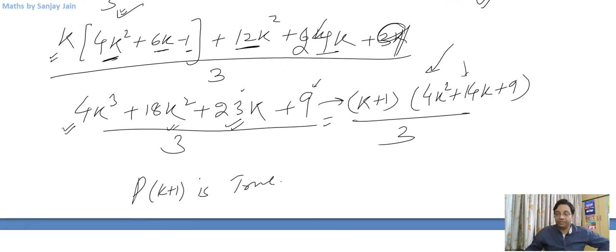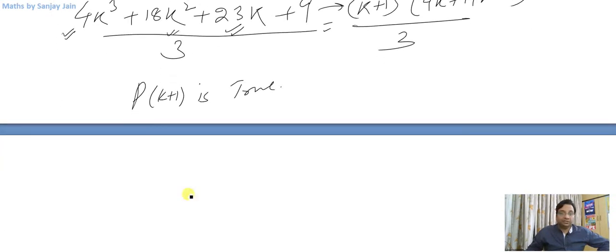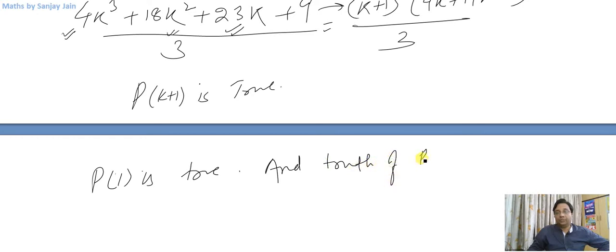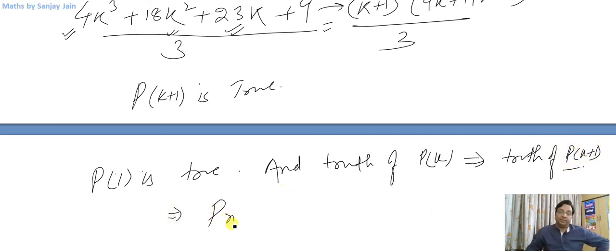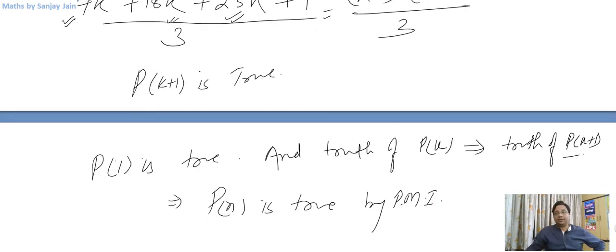Now you can make the statement that p of 1 is true. So p of 1 is true, and truth of p of k implies truth of p of k plus 1, right? Hence I can say p of n is true by the principle of mathematical induction. Okay,